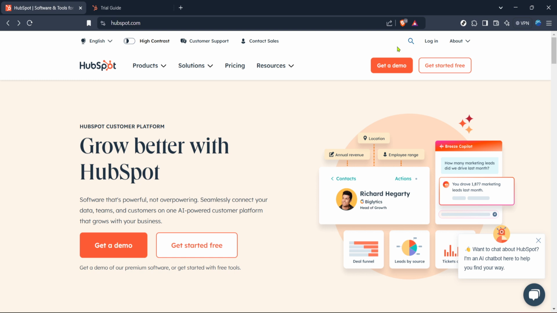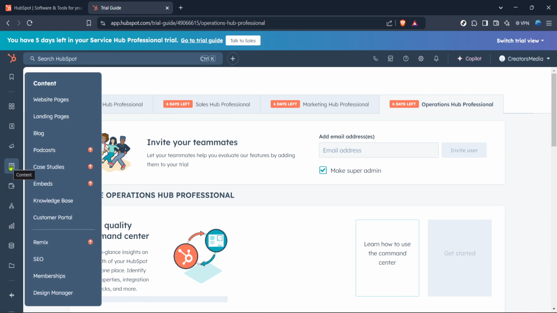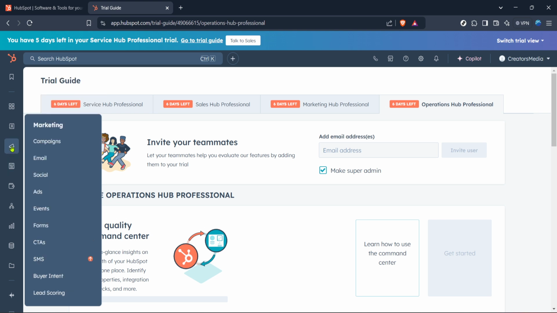Now, once you're logged in, you'll be directed to your HubSpot home dashboard. Here, take a moment to get your bearings if you're not familiar with the layout. Your next move is to find the marketplace icon. You'll see this icon in your dashboard, so go ahead and click on it. This will direct you to HubSpot's marketplace section, where various integrations and tools are available for you to enhance your business operations. With the marketplace open, your job is to head over to the apps section.